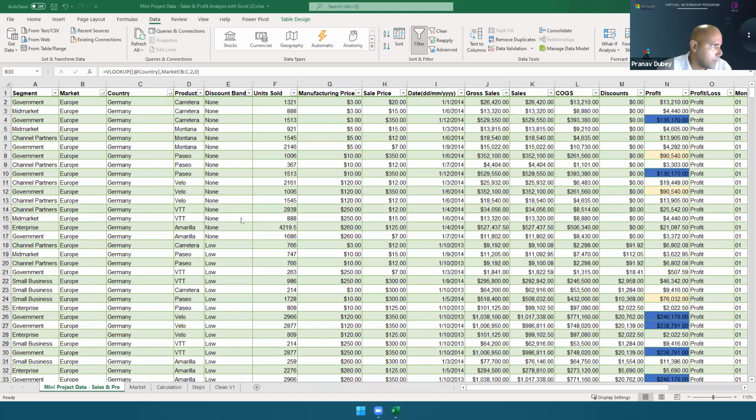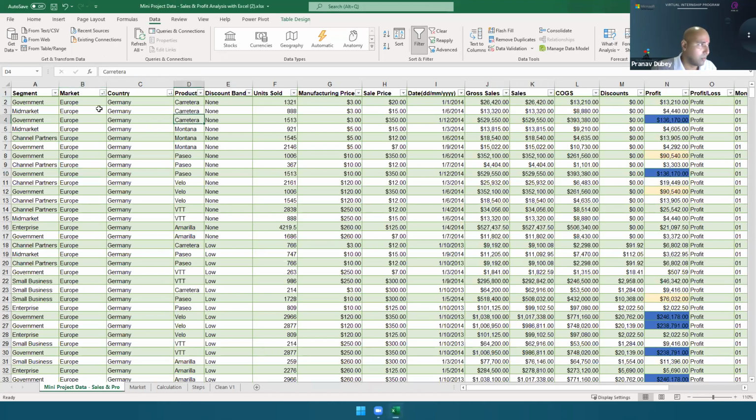Okay, so sorting we saw, and now I'm not going to give you a particular question, but think on your own where you are going to use it. Depending on the situation, depending on the data, you have to decide for what purpose we are going to use multiple sorting. Can be anything. So you want to look at market wise and then country wise total sales. If you want to look, then Europe, Germany, for this product, what is the total sales, what is the value.